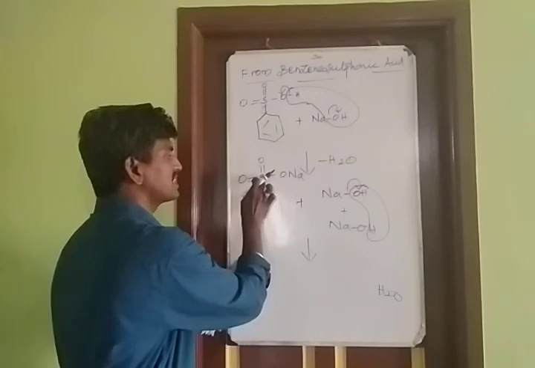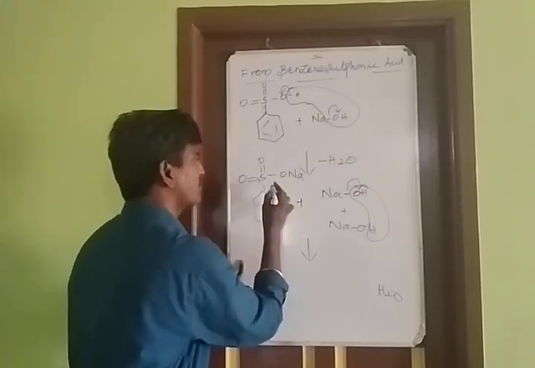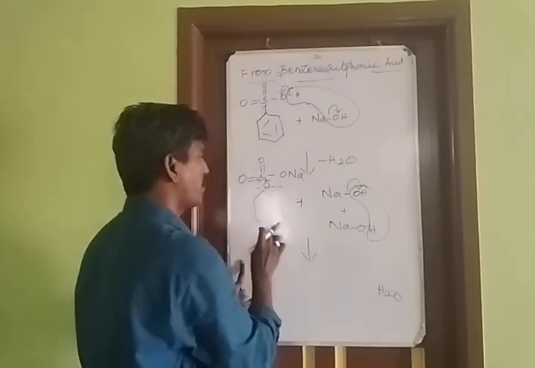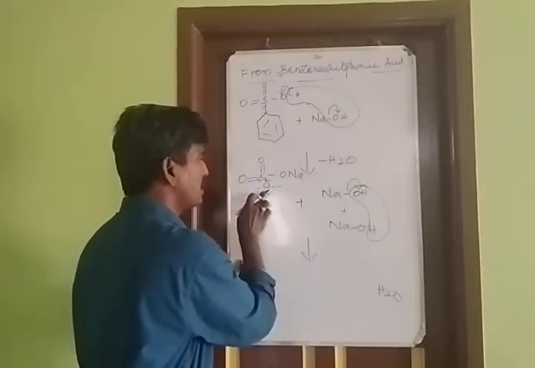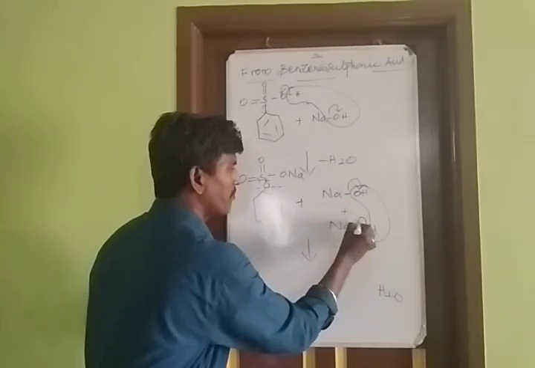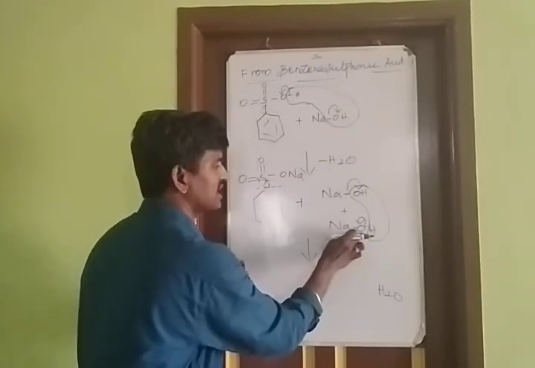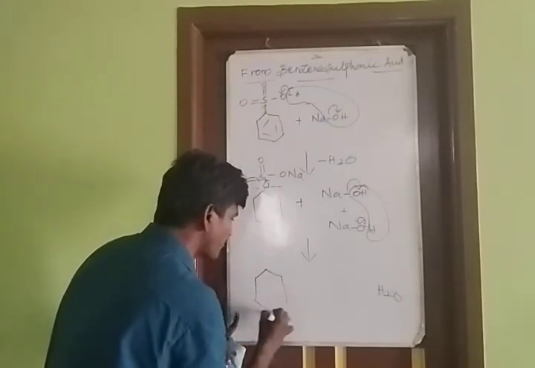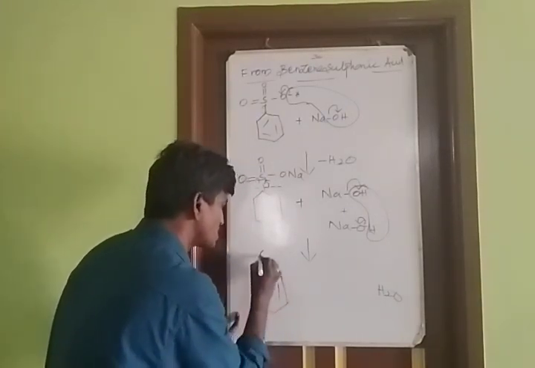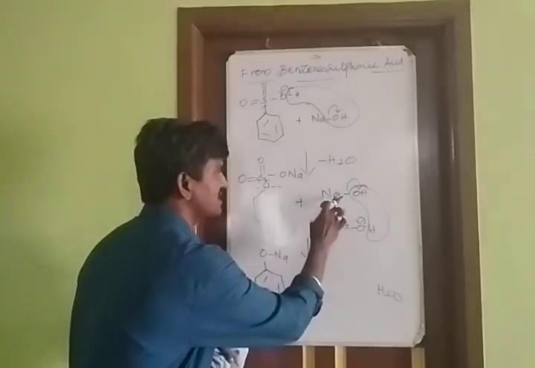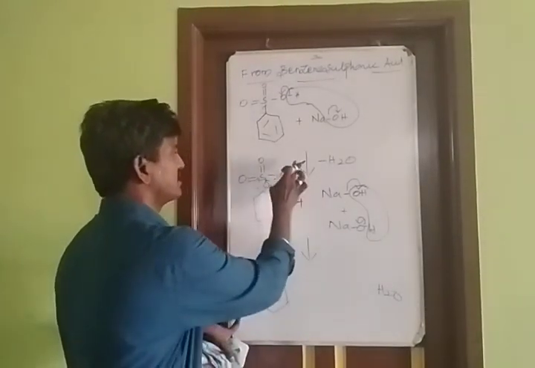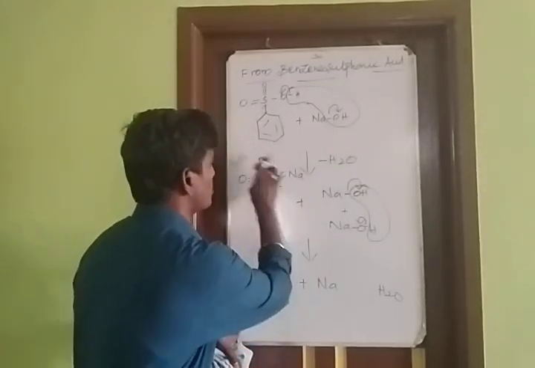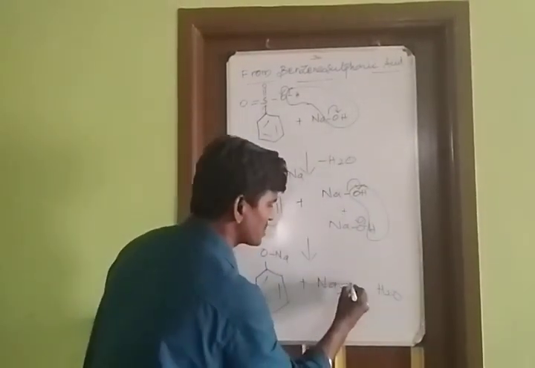Compare carbon and sulfur. Here carbon is present. Which one is more electronegative? Sulfur. So sulfur takes one pair of electrons. Here also the bond breaks. What's the charge of carbon? Plus. Carbon plus, NaO minus. Bond formation between O minus and C plus. You can get sodium phenoxide. Next, this Na plus is combined with the remaining part. You can get Na2SO3, the remaining part.